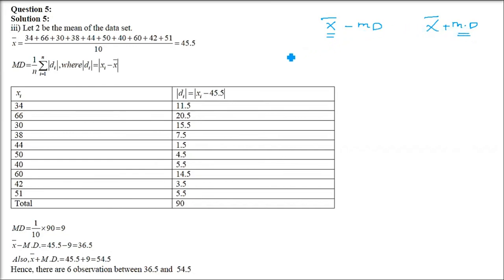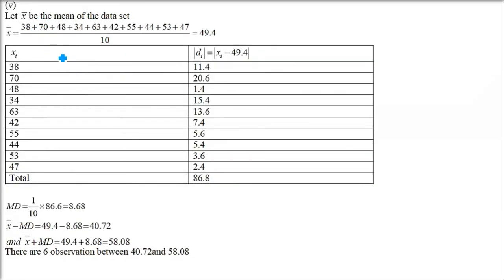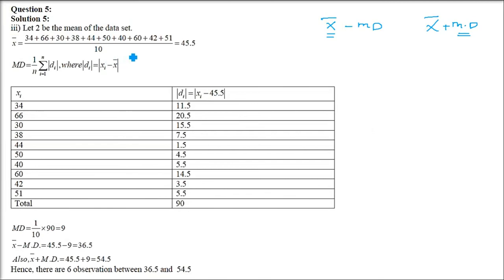We have already found the mean deviation, but we haven't found the mean, because in the first question it was around the median. So we'll take the numbers again and find the mean. I'll tell you one of these, the third, fourth and fifth, because there are three parts. I'll tell you what to do.